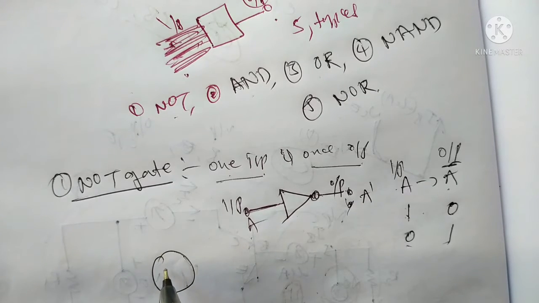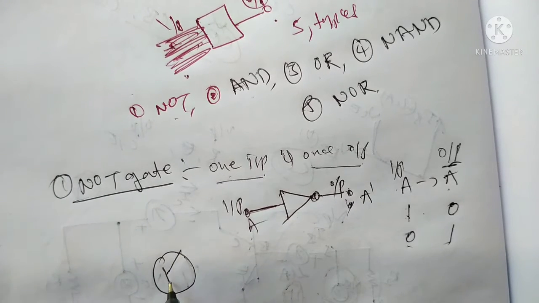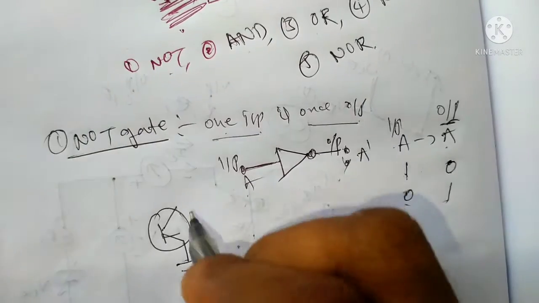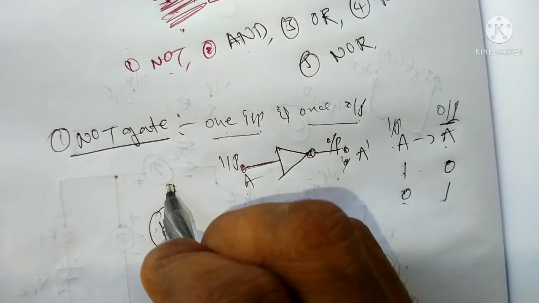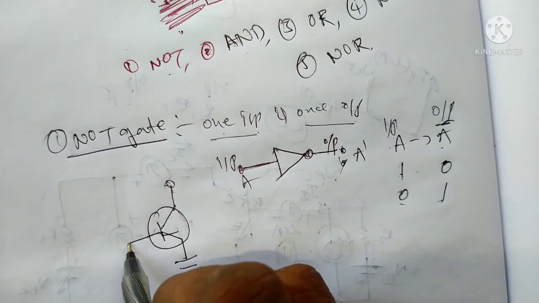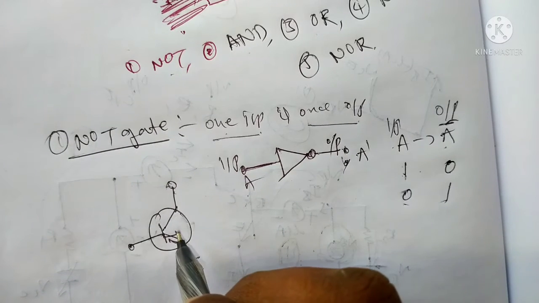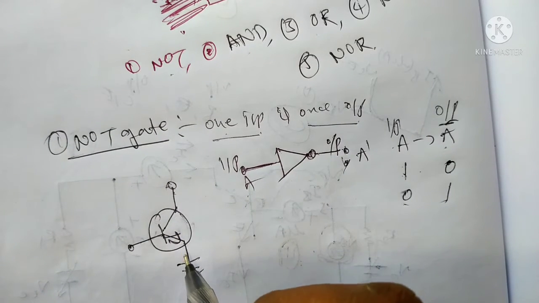Also, the logic gates are like this. It is digital, in the form of a PN junction. It is in the grounded state, which is one. This is also a PN junction form. It is a NOT gate circuit.